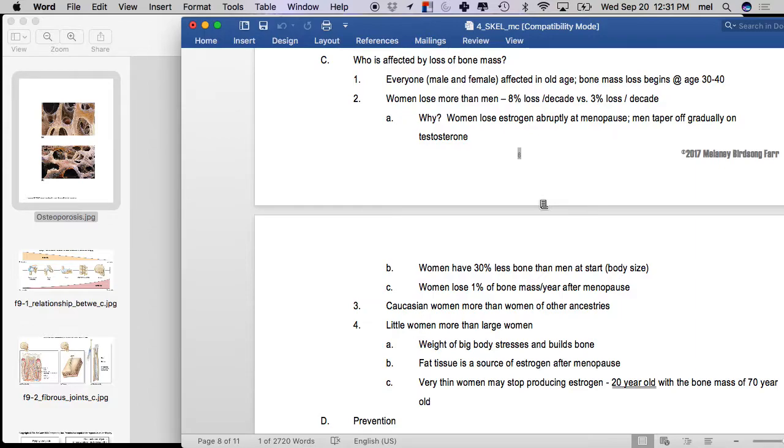So what can you do about it? We'll talk about that in just a second. So why is it so dramatic in women? Remember I told you guys last time that women lose their estrogen relatively quickly and dramatically. Men still have a decent amount of testosterone into their 80s sometimes. It's not as high, but it's still pretty high. And then women, of course, have less bone mass to start with, because of the sexual dimorphism that's true in humans: males tend to be bigger than females. So you had less to begin with, and then you lose it more quickly. Does that make sense? After menopause?